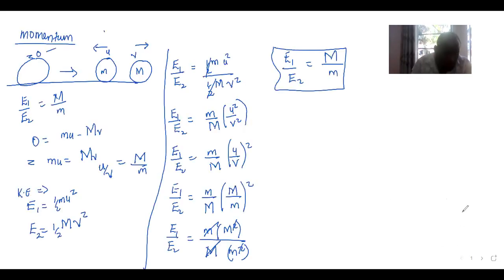If the collision is elastic and the speeds of A and B after collision are v1 and v2 respectively, show that for x equals m1 over m2, then m1 over